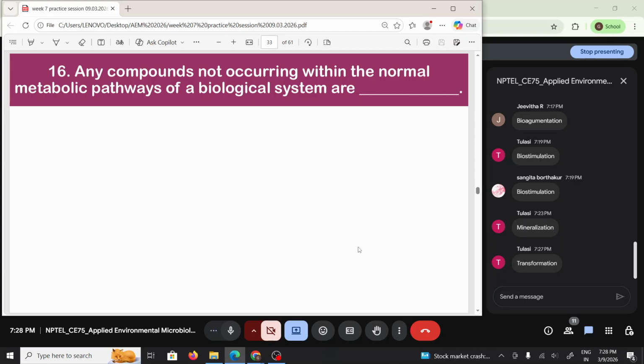Any compounds that are not occurring within the normal metabolic pathways of a biological system are known as